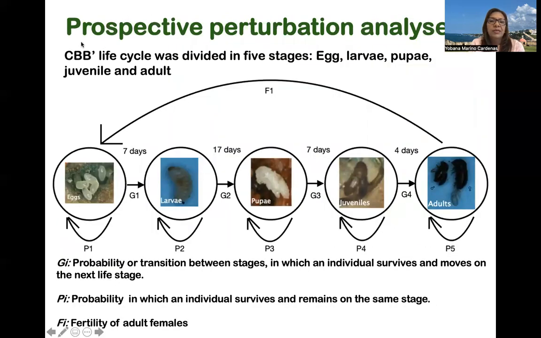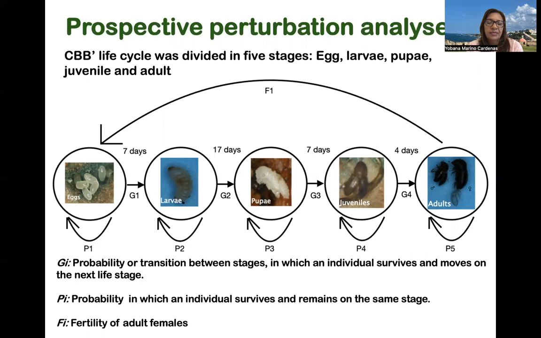To perform prospective perturbation analysis, we divided the life cycle of the coffee berry borer into 5 stages: eggs, larvae, pupae, juveniles, and adults. We used the developmental times that we determined in lab experiments because in the field it's difficult to follow the same organisms over time. So we used these times, which correspond to populations that were growing at the lab at